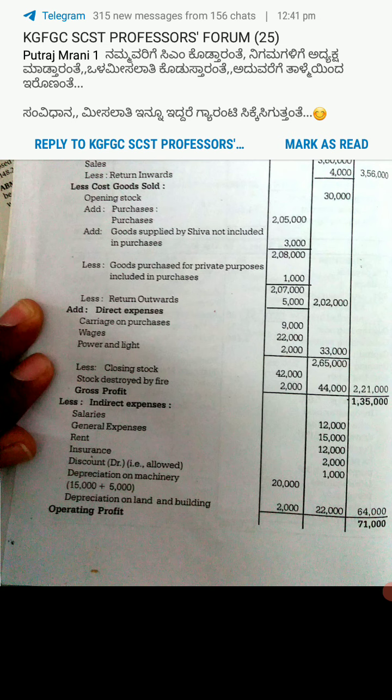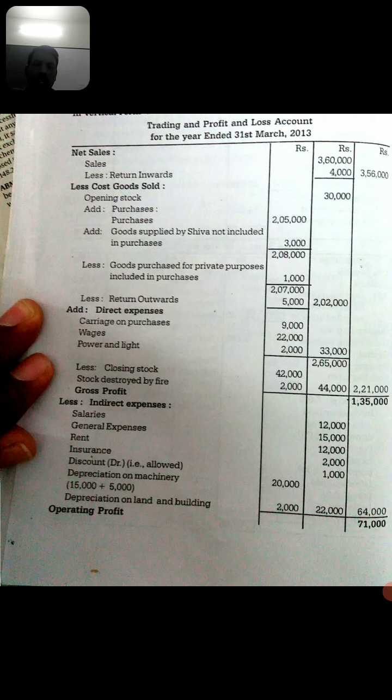So 42,000 plus 2,000, 44,000. So 2,65,000 minus closing stock 44,000. In the outer column, cost of goods sold was 2,21,000. So 3,56,000 net sales minus cost of goods sold 2,21,000, so gross profit is